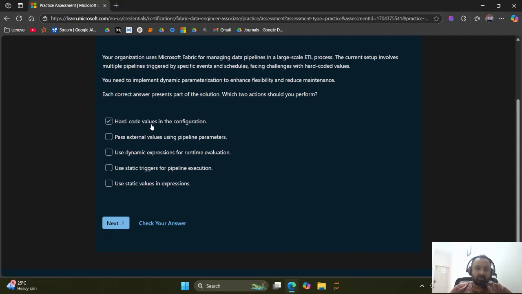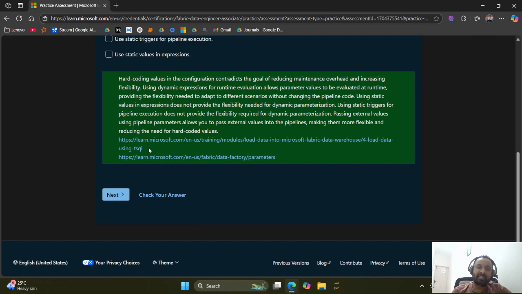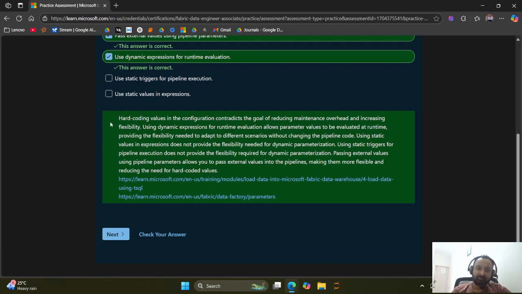Hardcoding the value in the configuration doesn't sound like an answer, right? Passing external values using pipeline parameters looks sensible, because you want to pass parameters. Using dynamic expressions for runtime evaluation. Using a static trigger. When you see static, you have to think that this probably may not be the option, right? So we'll see. Whatever the dynamic parameter passing, you can keep looking at these values,